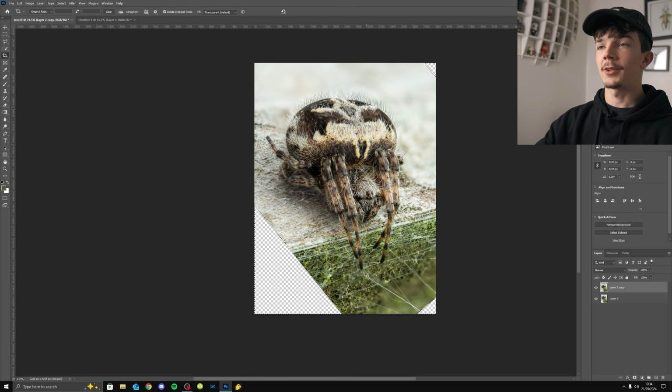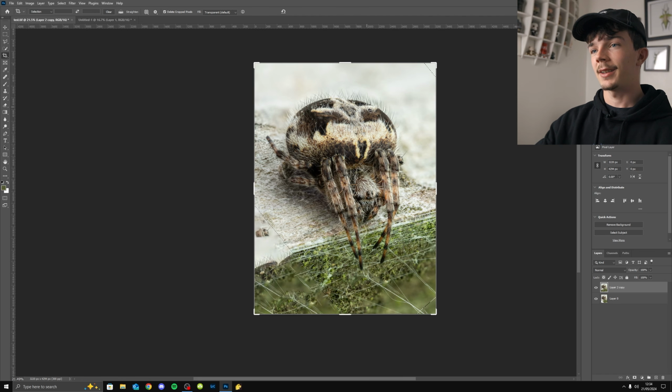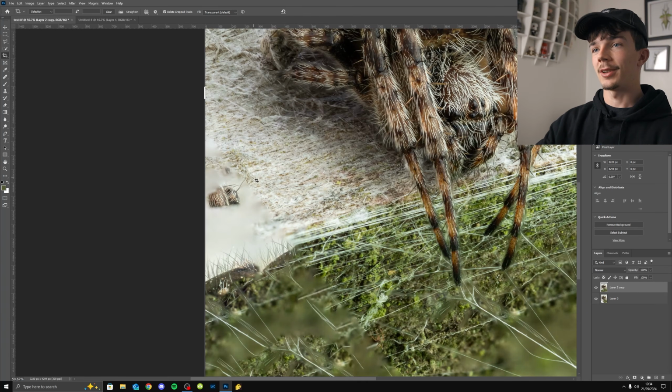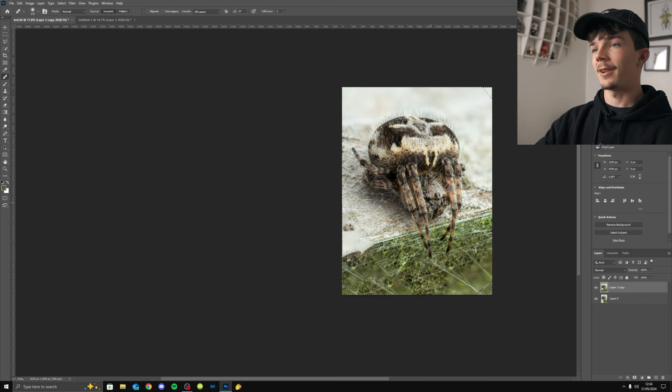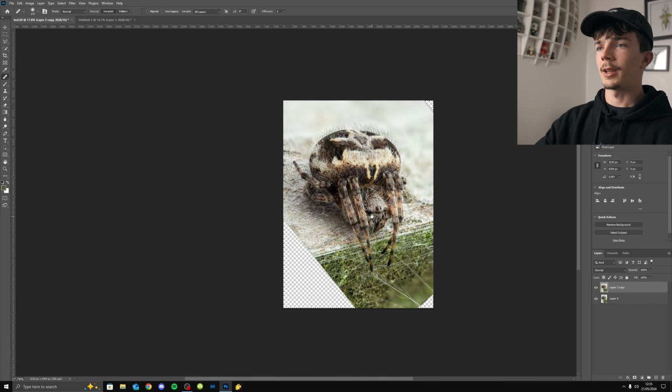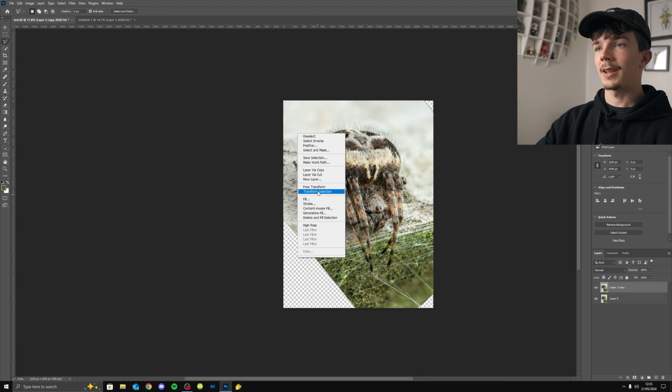Depending on the image, it could do a really good job or it could do a bad job. As you can see here, it's done a pretty bad job. It's really blurry there. There's a bit of leg for some reason. If it's a real mess, like I think this is, I'm going to back out to where I had the selection by hitting Control Z, and then I'm going to use the selection tool, right click and then generative fill,